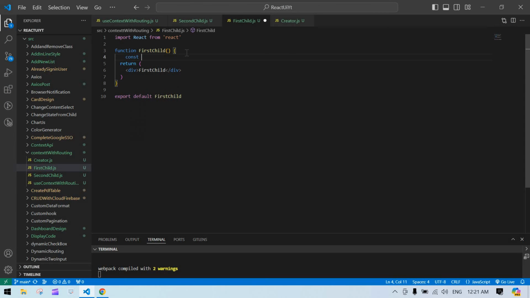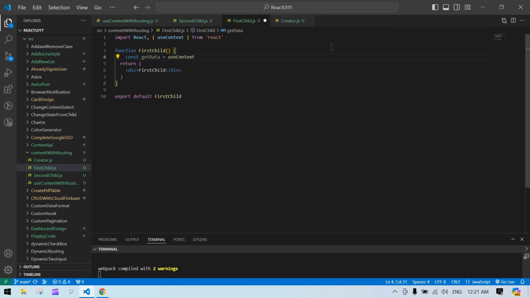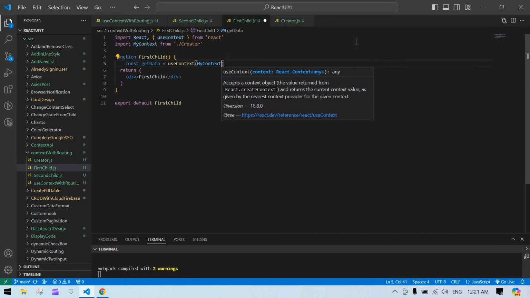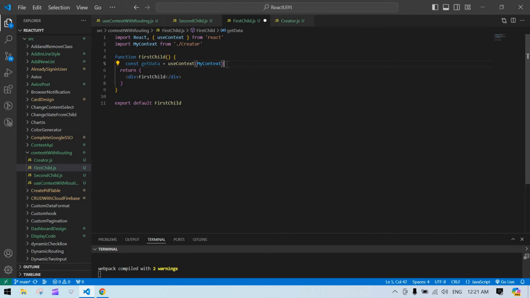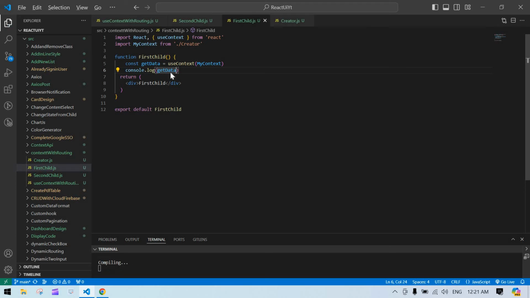Here I'm going to add const getData equals useContext, that is from React.js, and here I'm going to pass myContext because we need to get a value from this context that we already created with createContext. So copy this, and first I console this one, paste that, save this,